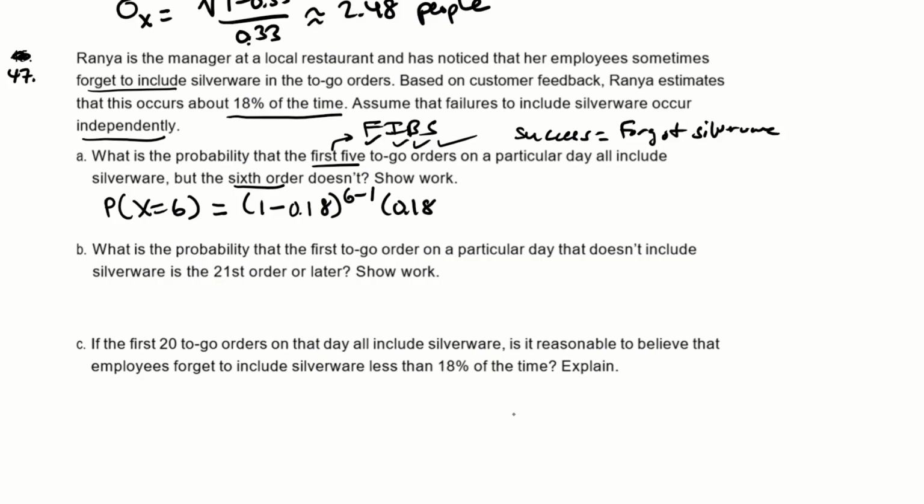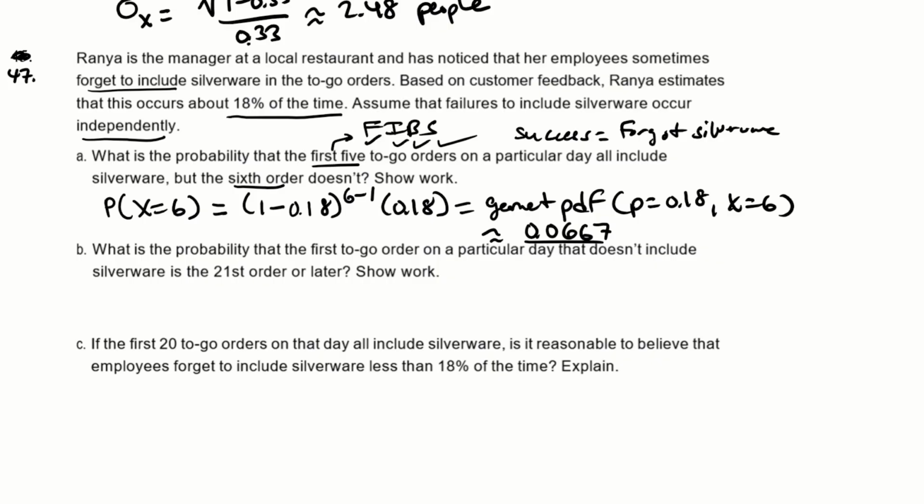Okay, we can also use the geometPDF function and say p is 0.18 and x is 6. Either one of those is correct. And then if we do that, we get 0.0667 approximately. All right. Now, what is the probability that the first to-go order on a particular day that doesn't include silverware